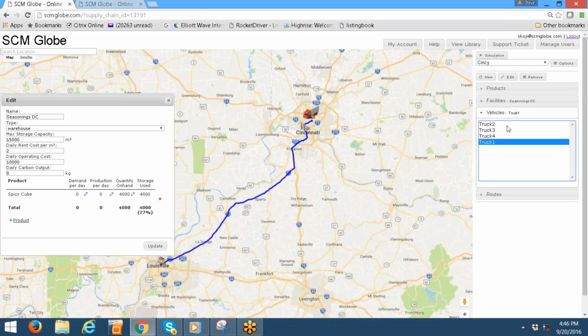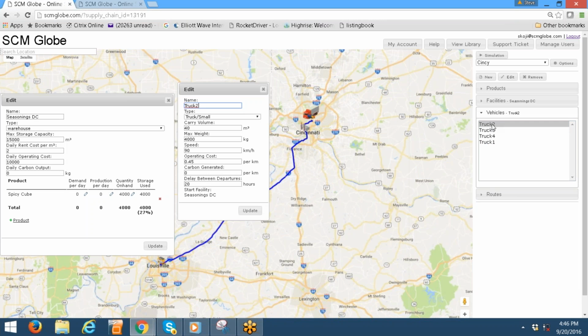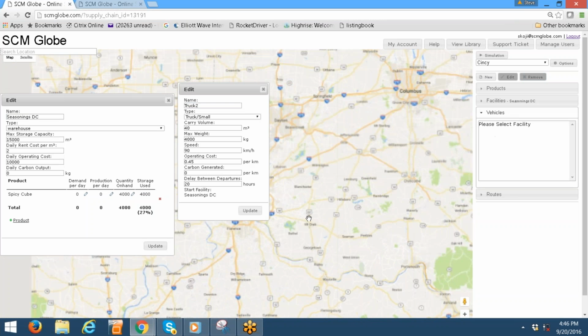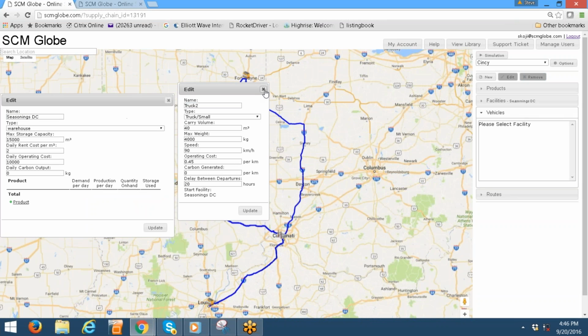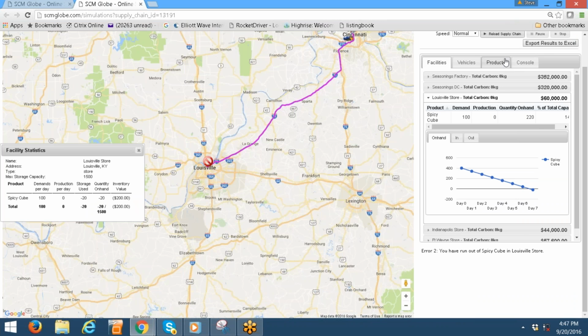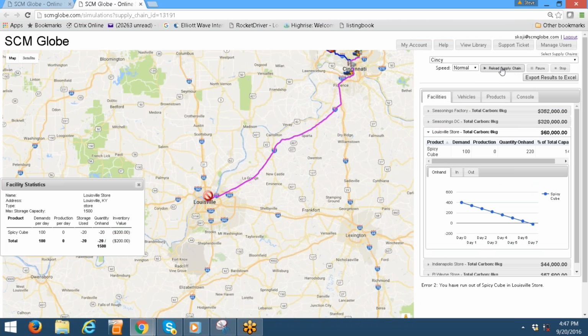And so what will happen is I'm also delivering 20 with truck 2. This is no longer needed, so we can go ahead and just click remove, and it's going to take away that 20. It's going to take away the truck, it's going to take away the route, and it'll take away that delivery of 20. So we can then go ahead and go back to our sim tab, come up here